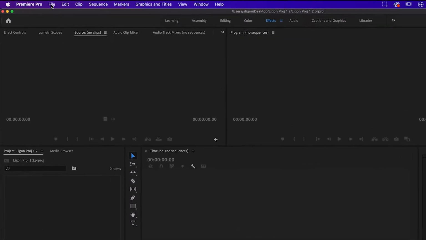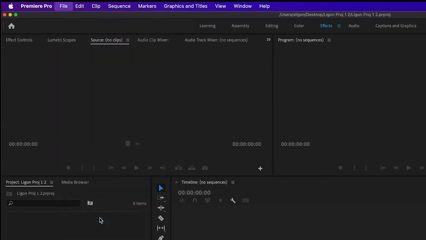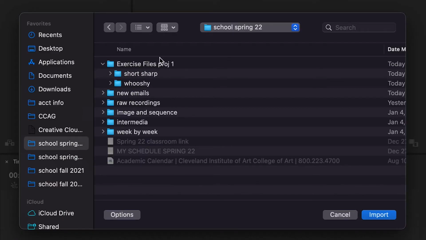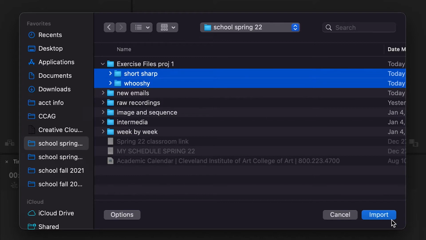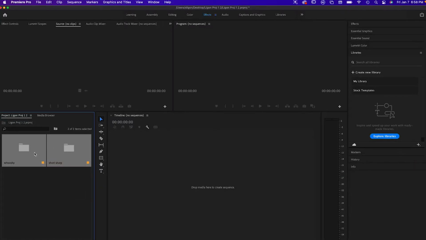First thing we're going to do is import our files. File, Import. And we're going to go and find the exercise files, and I'm going to select the two folders that are in there. Holding Shift to select both, and I'll hit Import. And now over here, this is where all of your content that goes into your timeline, which will be here in a minute, is stored. Okay? So you can see we have two folders,